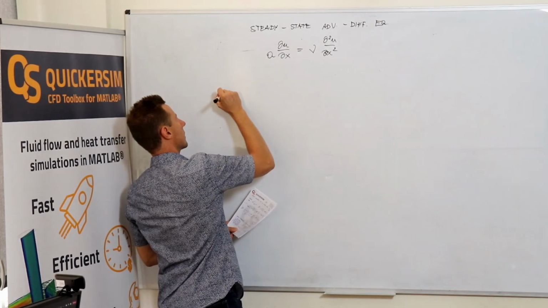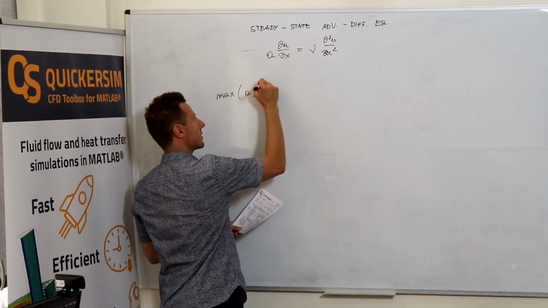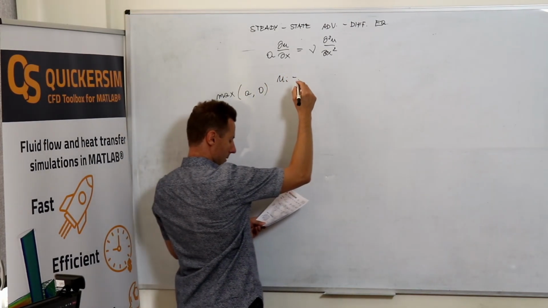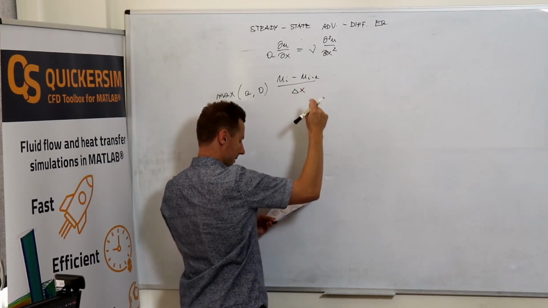You simply write maximum of A and 0 times (ui minus ui minus 1) divided by delta x